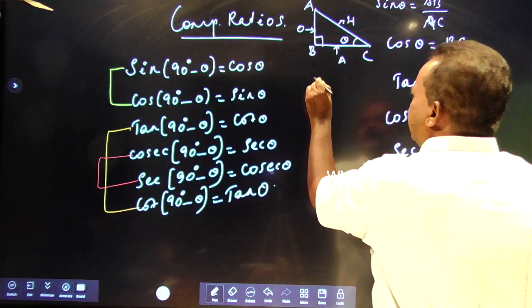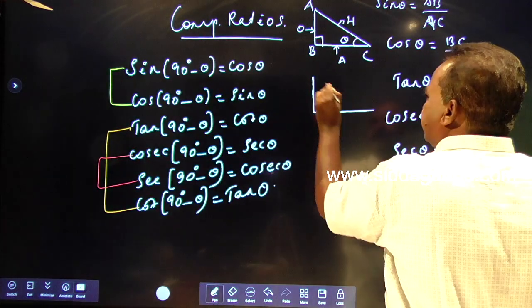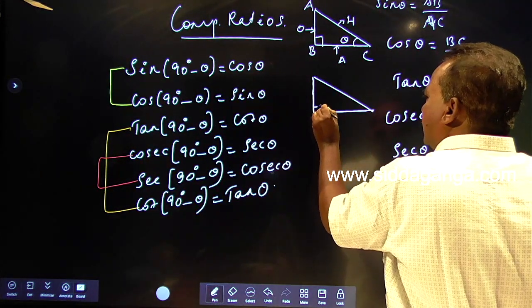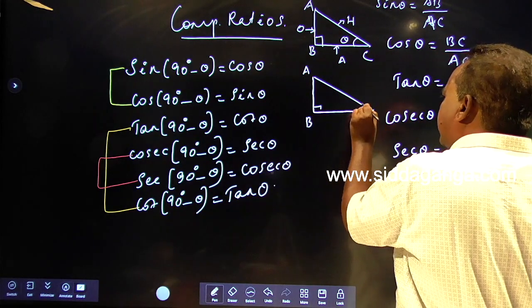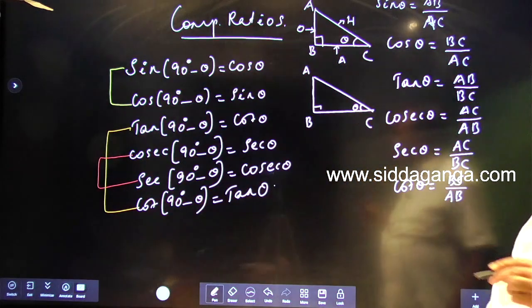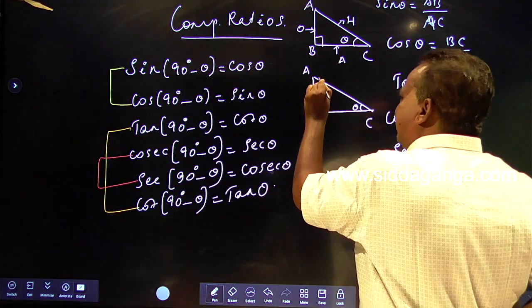Now let us take one more triangle. So no doubt here also it is right angle. Here also it is theta. But this angle becomes